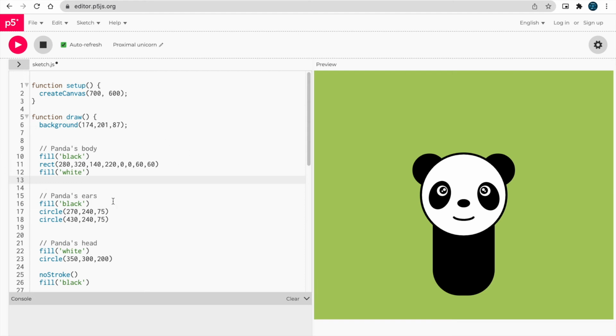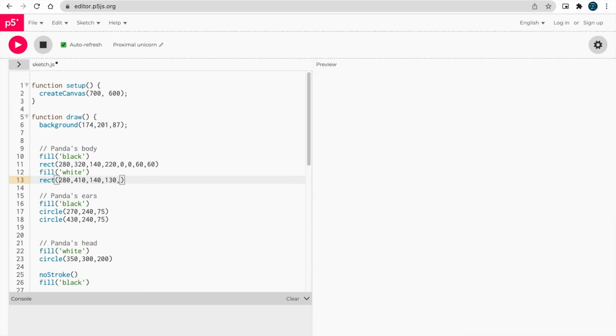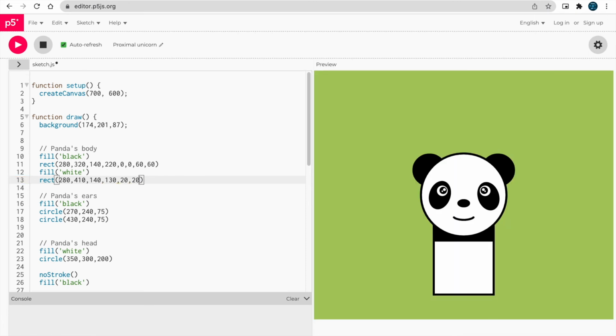So to make it, we will draw two rectangles inside each other. First one will be black, second one will be white. We will make it just like this: 140, 130, and the corners again.